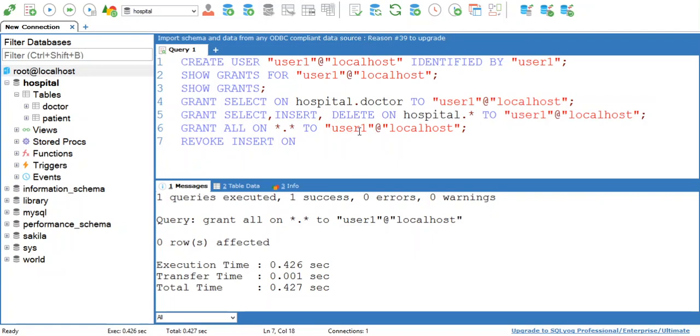But I don't want this user to enter data into hospital database. So I can simply write revoke insert on hospital dot star, okay, from user1 @ localhost.